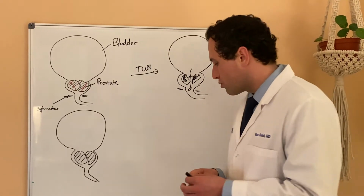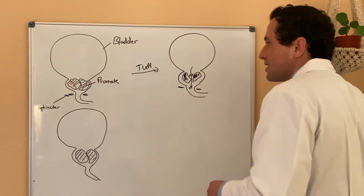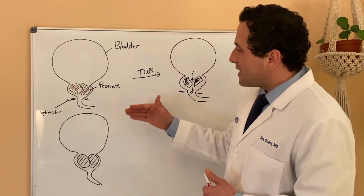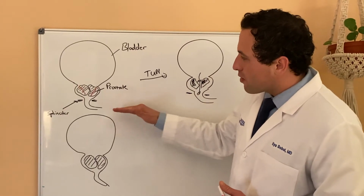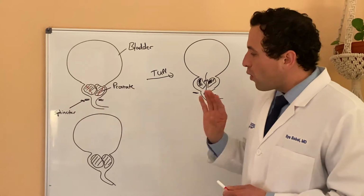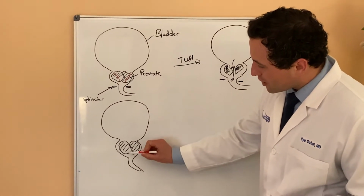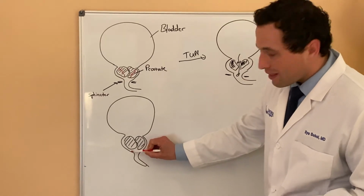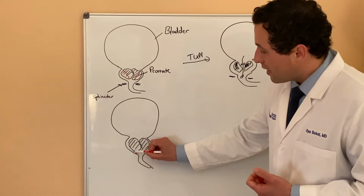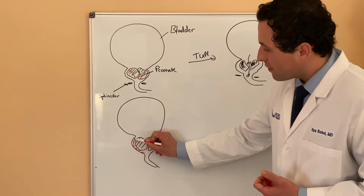So how is this procedure performed? Well, in regards to your recovery, it's very similar because the process is a camera that goes in through the tip of the penis and we work on the inside of the prostate. But what's done inside is very different. So when the camera goes in, we actually use a laser, but it's used like a knife, and it cuts or peels the orange from the inside out,